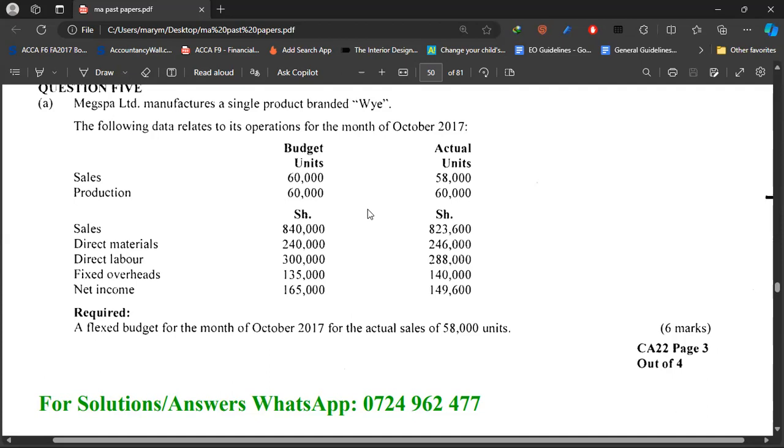I can see we are being given a very simple question regarding flexible budgets. And in that question, we are being given some items which we are not familiar with. So I just want us to look at how we normally tackle this kind of question when it is given in an exam. How are we going to approach the question?